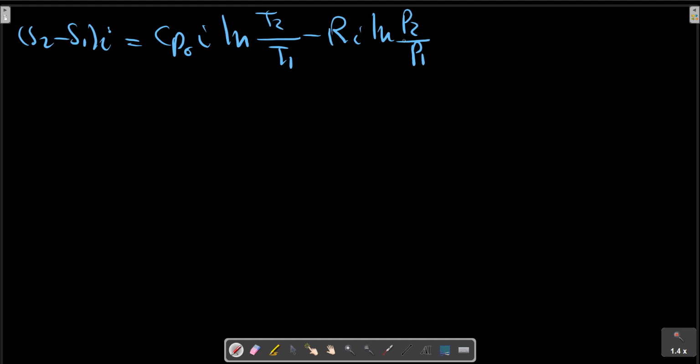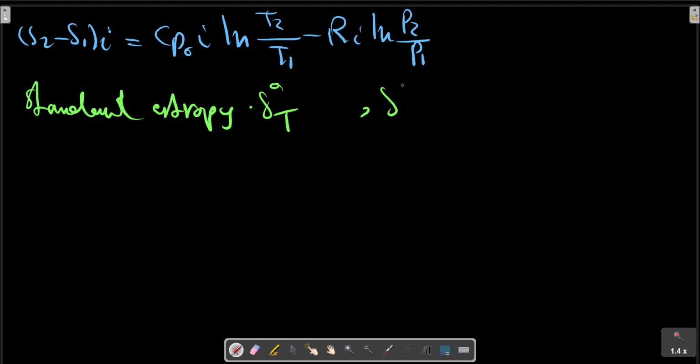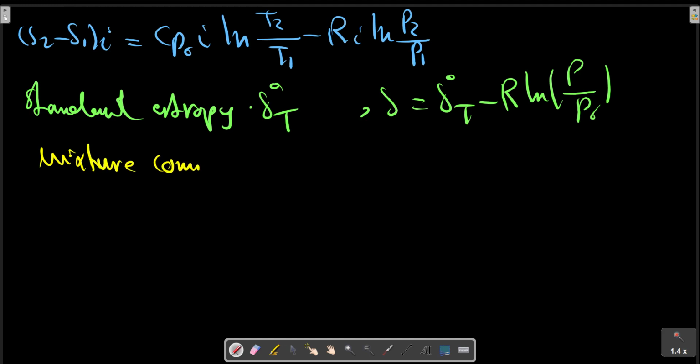An alternative model is to use the standard entropy function defined before as S minus R ln P on P0, and for each component in the mixture, Si